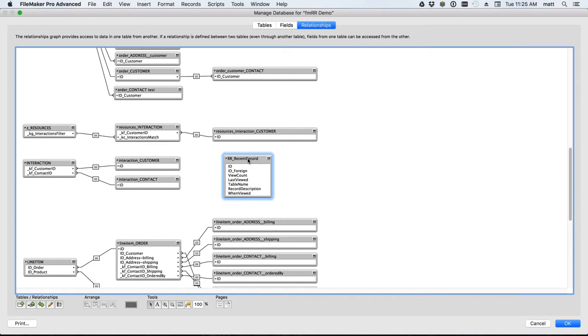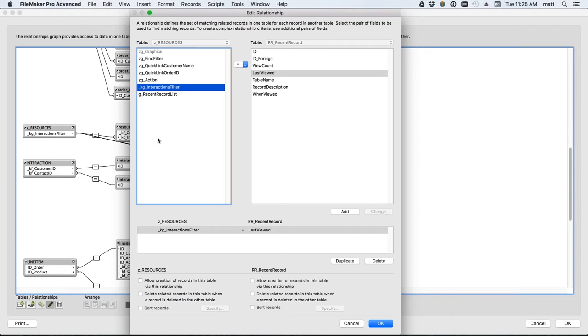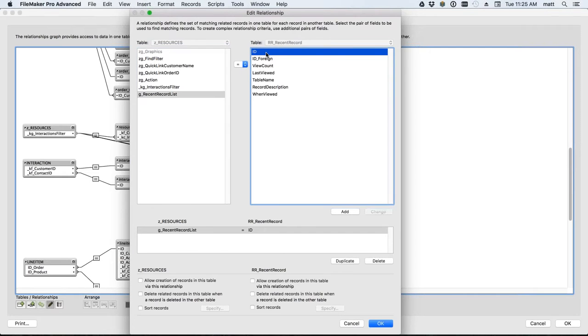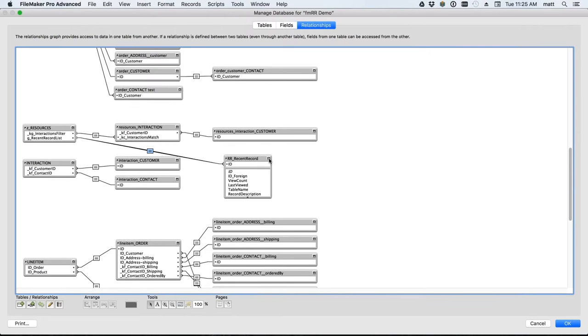Here we go, Z resources. And by the way, here's a good little FileMaker tip. Rather than dragging the exact field that you want or opening up your window, a really good way to connect a relationship between 2 tables in the graph is just to randomly grab any 2 things and then hit Command O or Control O, because right now the relationship itself is selected, which brings up this interface, which is vastly easier. And in this particular one, I can just choose my recent record list to ID, click Change, and now